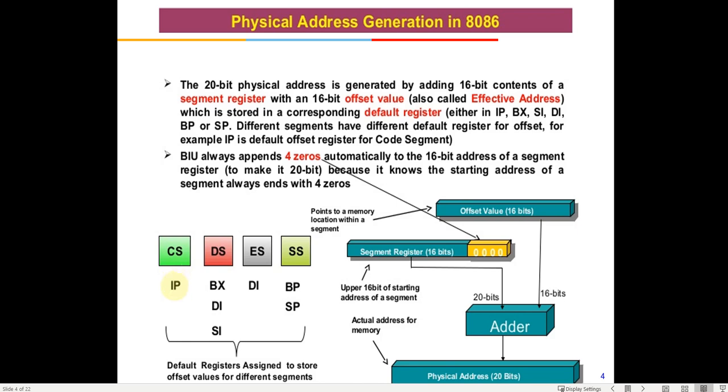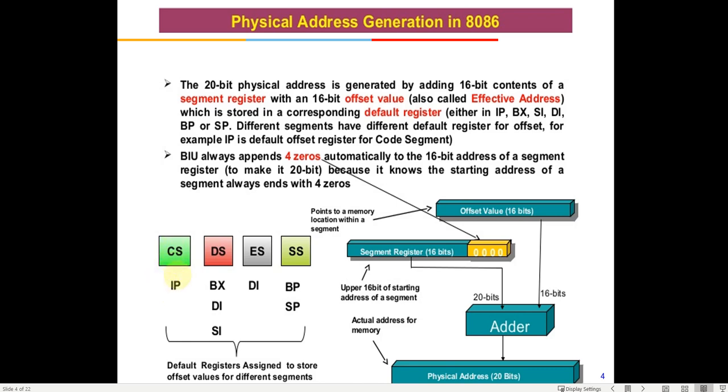Once one instruction is completed, it will jump to the next instruction. That jump would be 2 or 3 bytes, depending on the instruction. This keeps pulling instructions from the memory, and they keep getting into the queue register in the 8086.